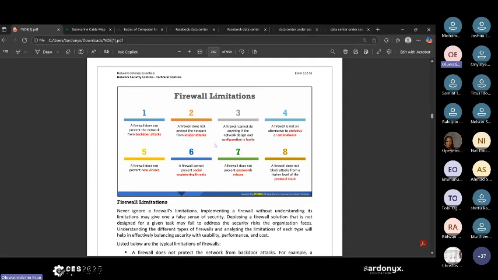Now, when I talk about the knowledge gap, most of the time it is a major problem in the industry. Most of the time, you see job adverts where you want to apply for a job and they are asking for a whole department in you. They are saying, okay, you should know about cloud, you should be a SOC analyst, you should have CISSP, you should have this, you should have that. And majorly, the person will not be good in anything. And that's why we have people that don't specialize in one thing.